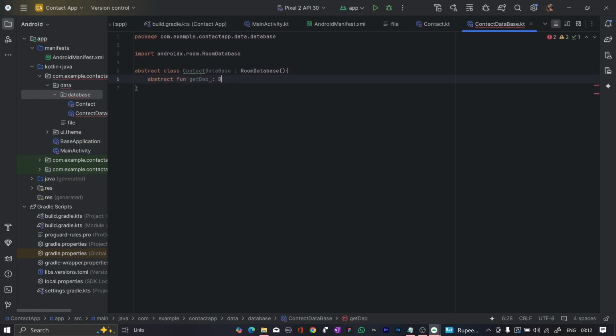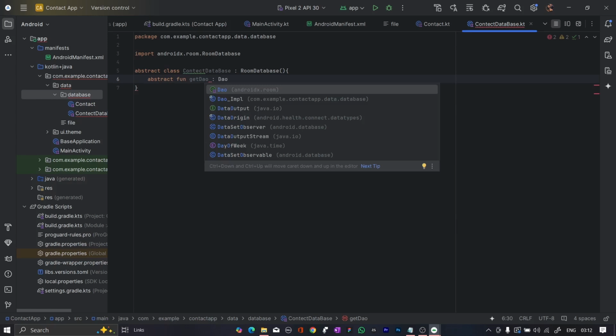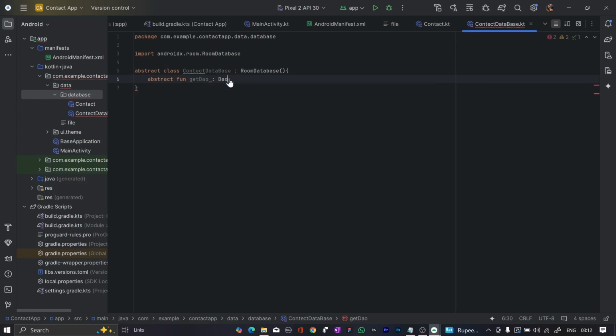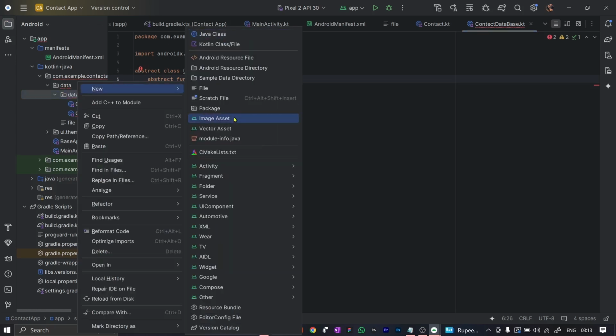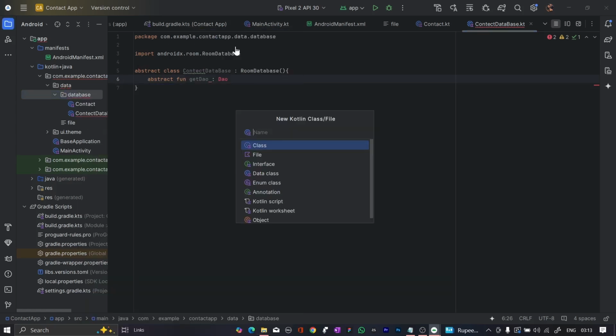हम एक फंक्शन डिफाइन करेंगे, DAO फंक्शन, and that would be okay। तो सबसे पहले हमें इसका इंटरफेस क्रिएट करना होगा, राइट? सो वो हम पहले डिफाइन करेंगे। डेटा एक्सेस ऑब्जेक्ट, जिसको हम सबसे पहले क्रिएट कर लेते हैं। सो व्हाट वी आर गोइंग टू डू इज़, वी आर गोइंग टू मेक द DAO इंटरफेस।